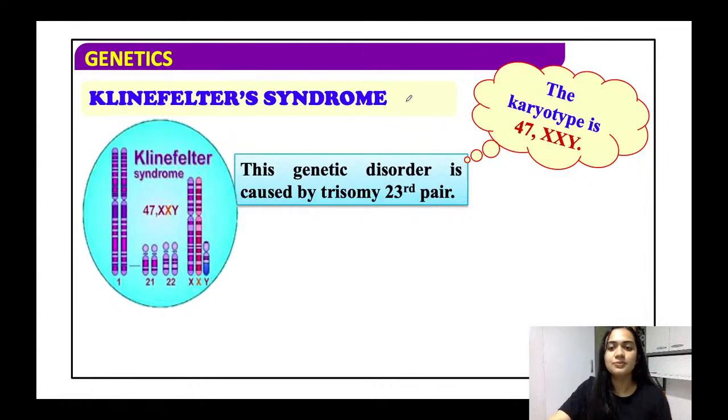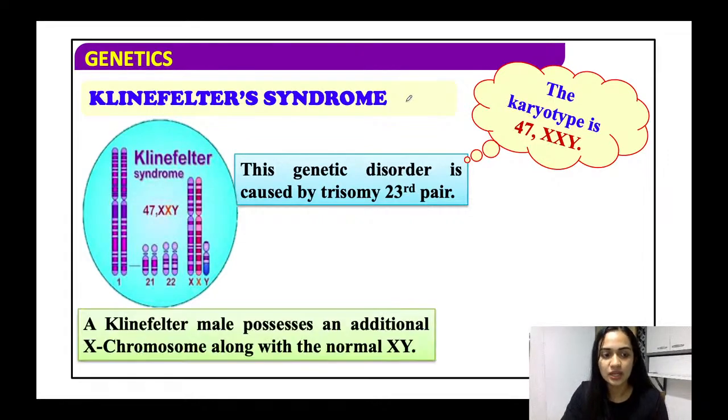And the karyotype is 47XXY. This also we have seen. So what happens in a Klinefelter male? It will possess an additional X chromosome, all right, along with the normal XY. तो इसका जो कैरियोटाइप में हमें देखने मिलेगा कि एक एक्स वाई के साथ ये जो है ये है एडिशनल